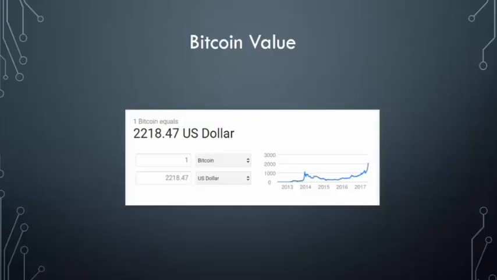Now let's look at the Bitcoin value, because I think it's very essential that we understand what I was pointing out earlier. As of recording this video, the Bitcoin is 2,218.47 US dollars. That's one Bitcoin. Now, if you pay attention to this little graph here, it's going to tell you that Bitcoin started out almost at a zero value in 2013. All right. Now, by the end of 2013, going on to 2014, it took the hugest spike, I think, in value, and went up to, I think, $1,120, if I kept up with that right.